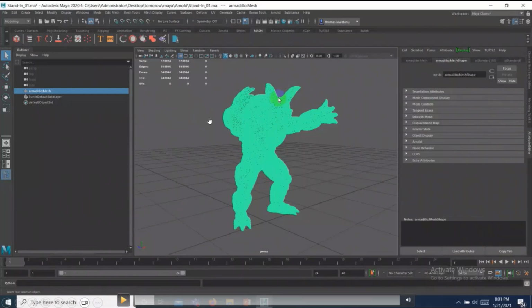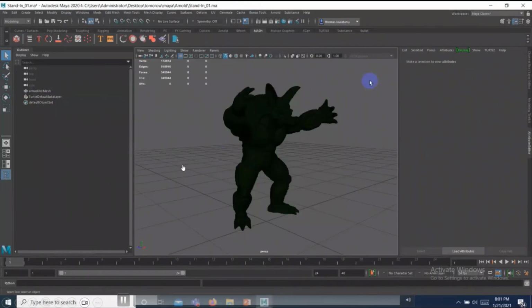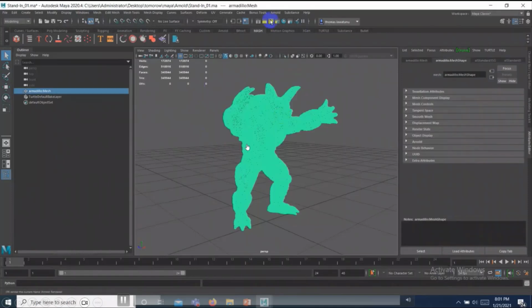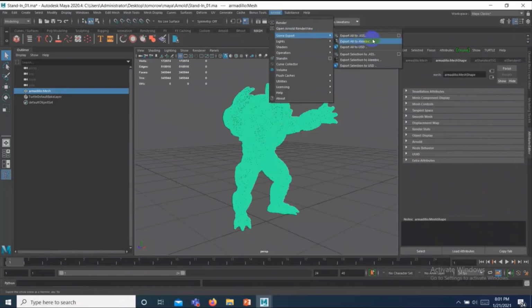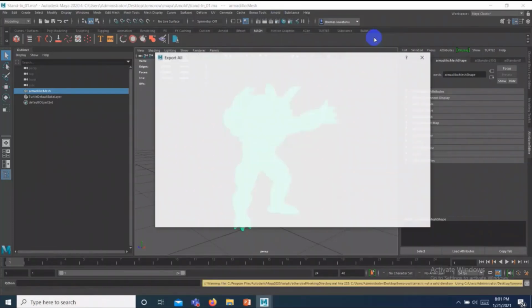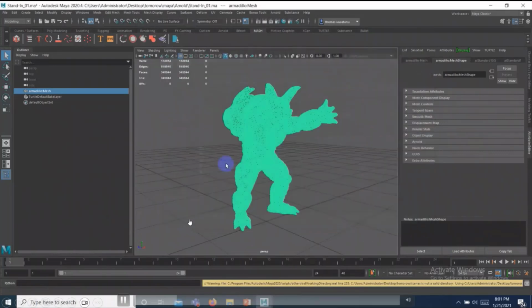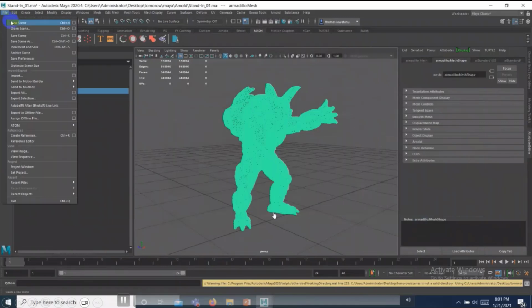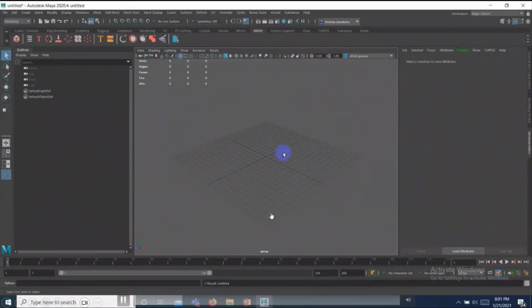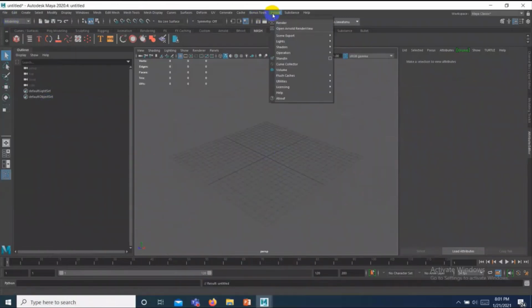But let's say I want to maintain it in Arnold, so you can export this file as an .ass Arnold file format. You can go to Arnold, then scene export, and there is ASS, which stands for Arnold render. Then you can bring the ASS file into your scene.